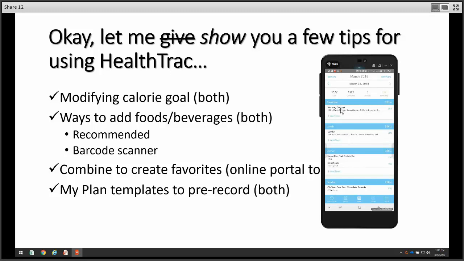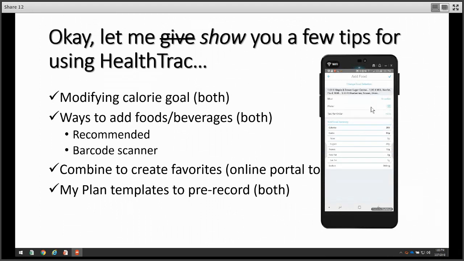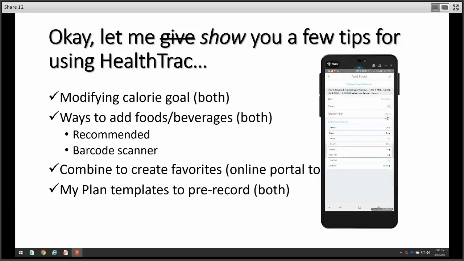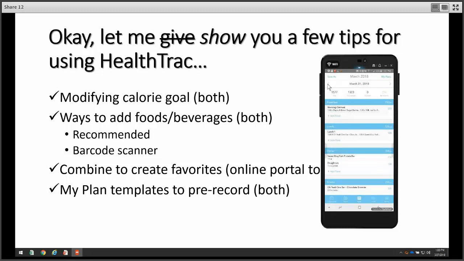Now, you can start with that template, and then if on the actual day you end up doing something a little bit different, say I don't have this morning oatmeal on the 31st, I had something different, all I've got to do is click on it, and let's see here.